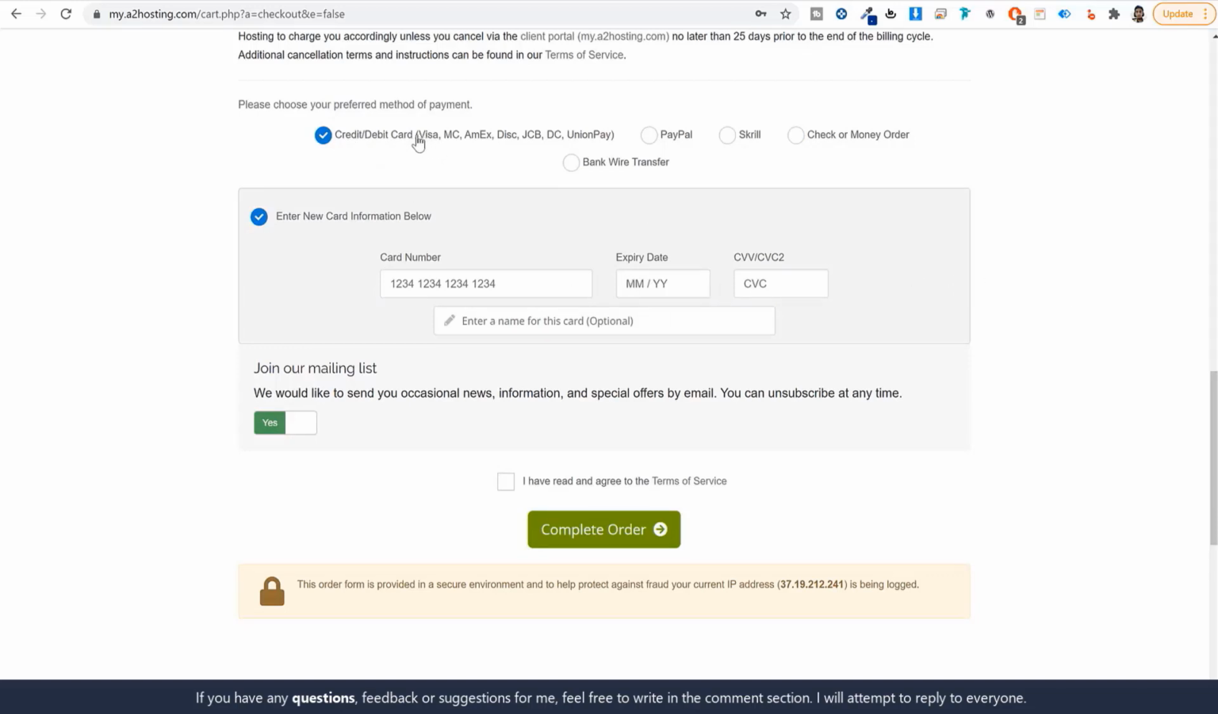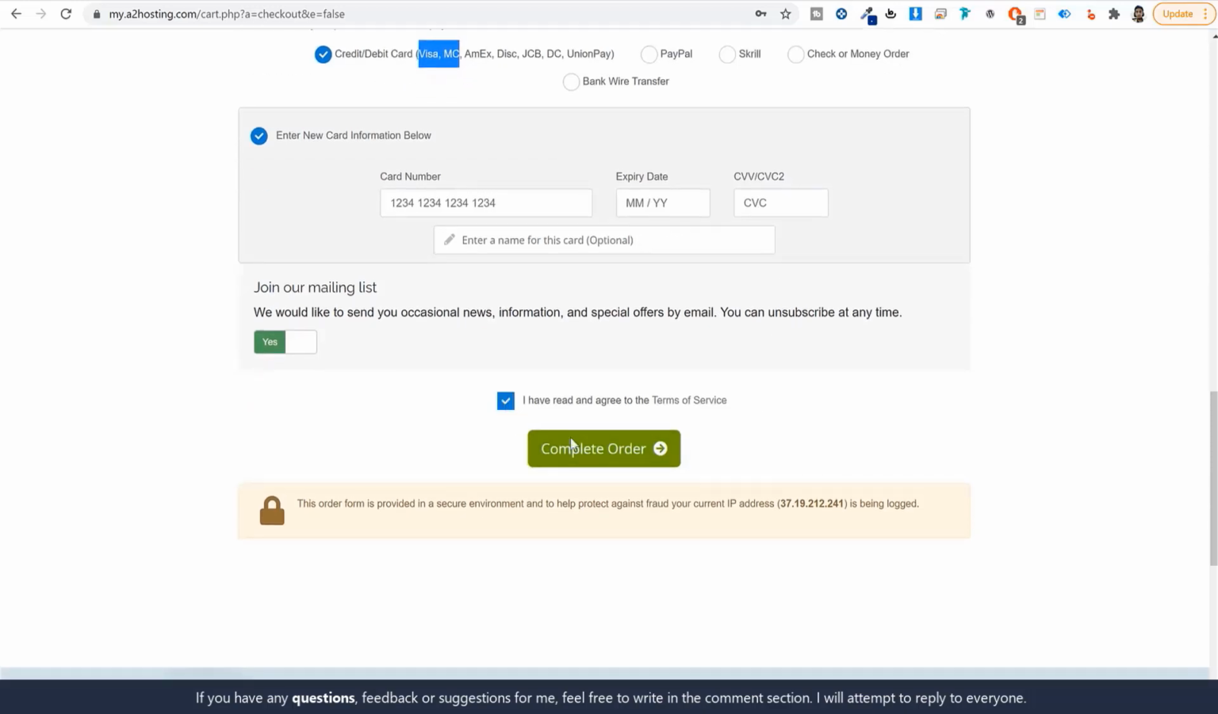Now just remember one thing, only these types of cards are accepted over here: Visa, MasterCard, American Express, Discover, and a few more types. The reason I'm saying this is because many people in India, if you're watching this video from India by the way, have a RuPay card. RuPay is a domestic card which is not accepted anywhere outside India. So if you have a RuPay card, you can visit your bank and upgrade your card to a Visa or a MasterCard. So enter your details and after that, tick mark this and